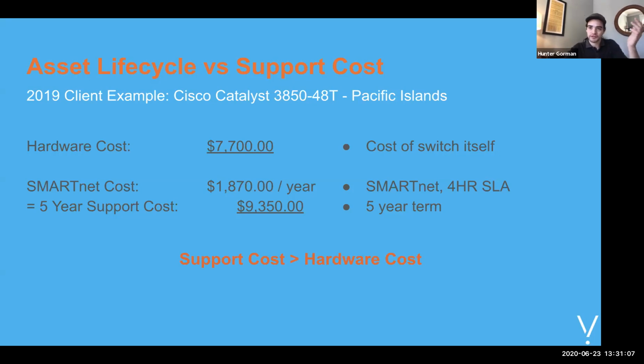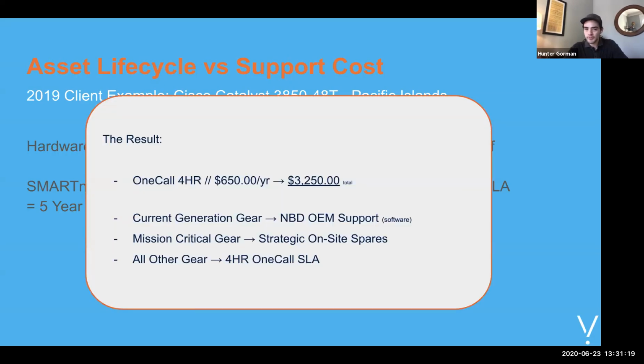So at that point, you've got to ask yourself, why wouldn't I just buy 2 and stick this in a closet somewhere until I need it? That's a very real question. Once people start to see this, it almost makes too much sense, but there's got to be a better way.